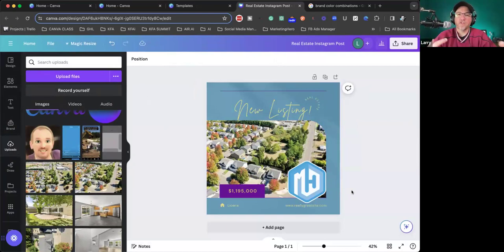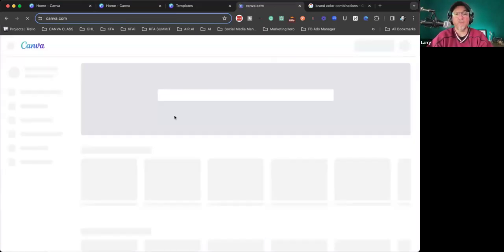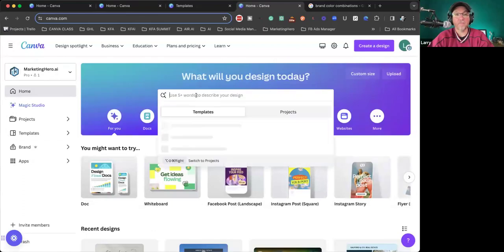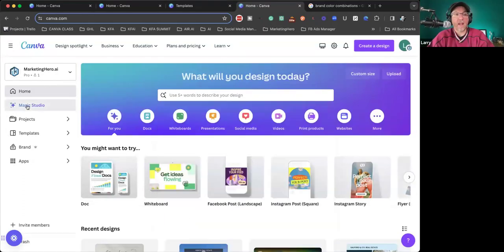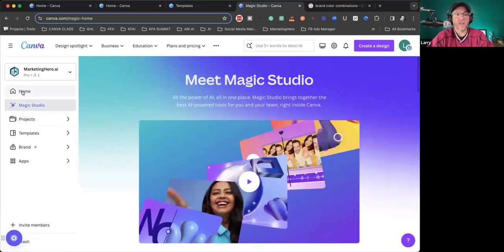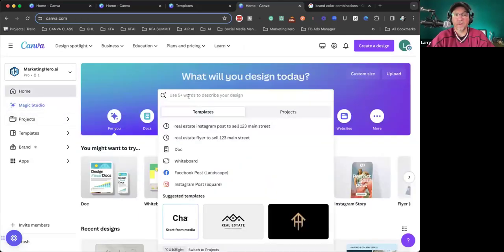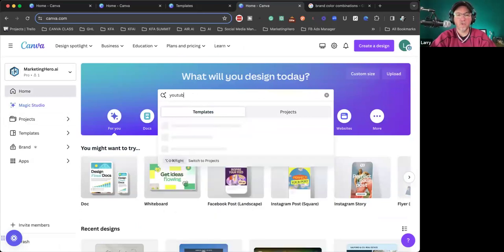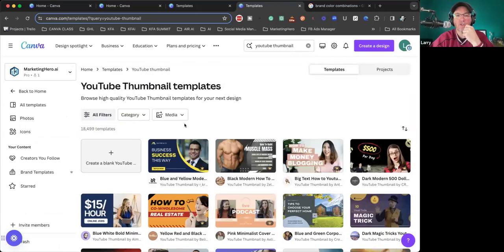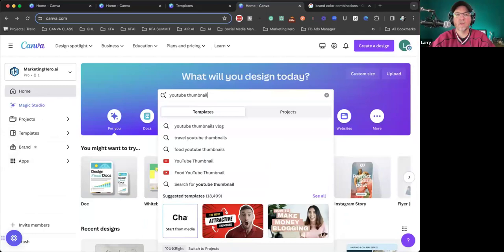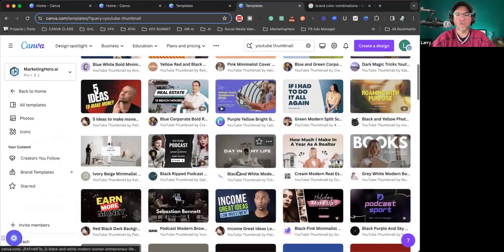So you guys get the gist of finding the templates, figuring out exactly what you're looking for. And as you can see, the amount of templates in here is absolutely insane. And by the way, you don't have to go to Magic Studio over here to get to it. You can actually do it right from the home screen right here. Just put in what you're looking for. And you don't have to use 5 words or less. If you need a YouTube thumbnail, it's going to show you all. Here we go. Here's all the YouTube thumbnails right here,